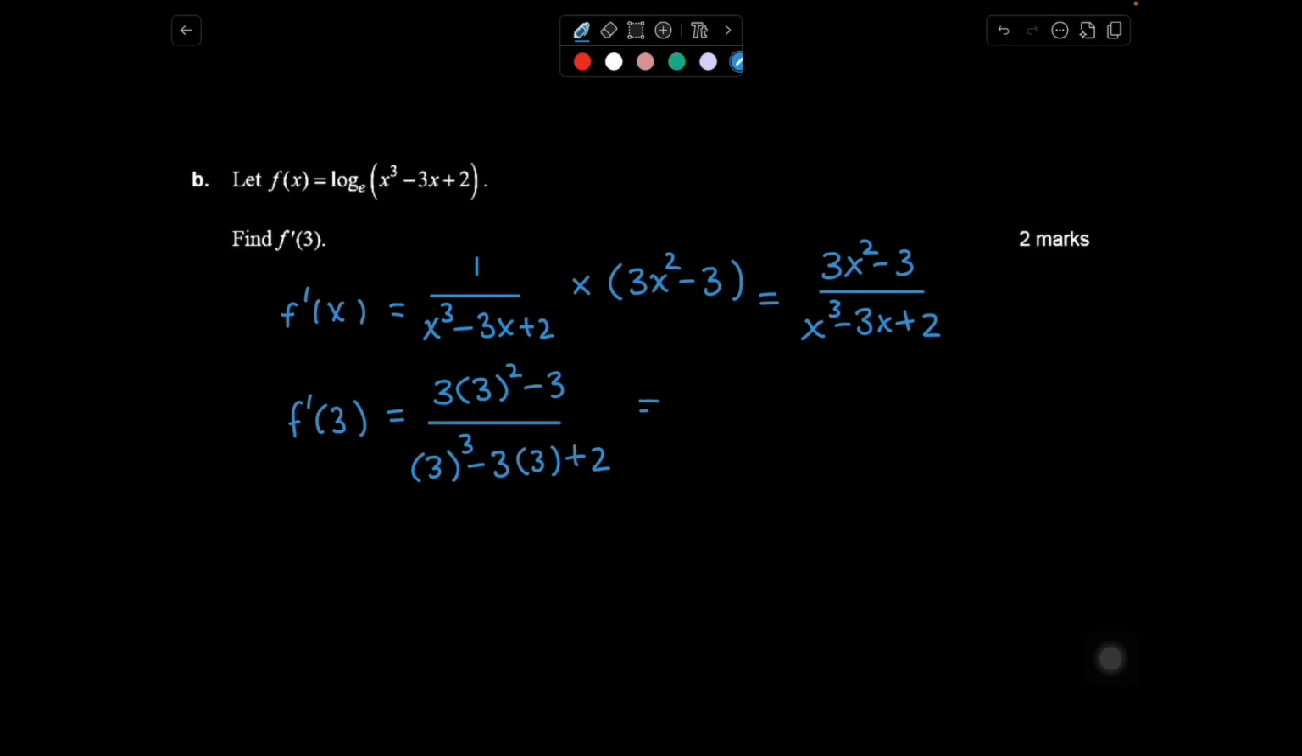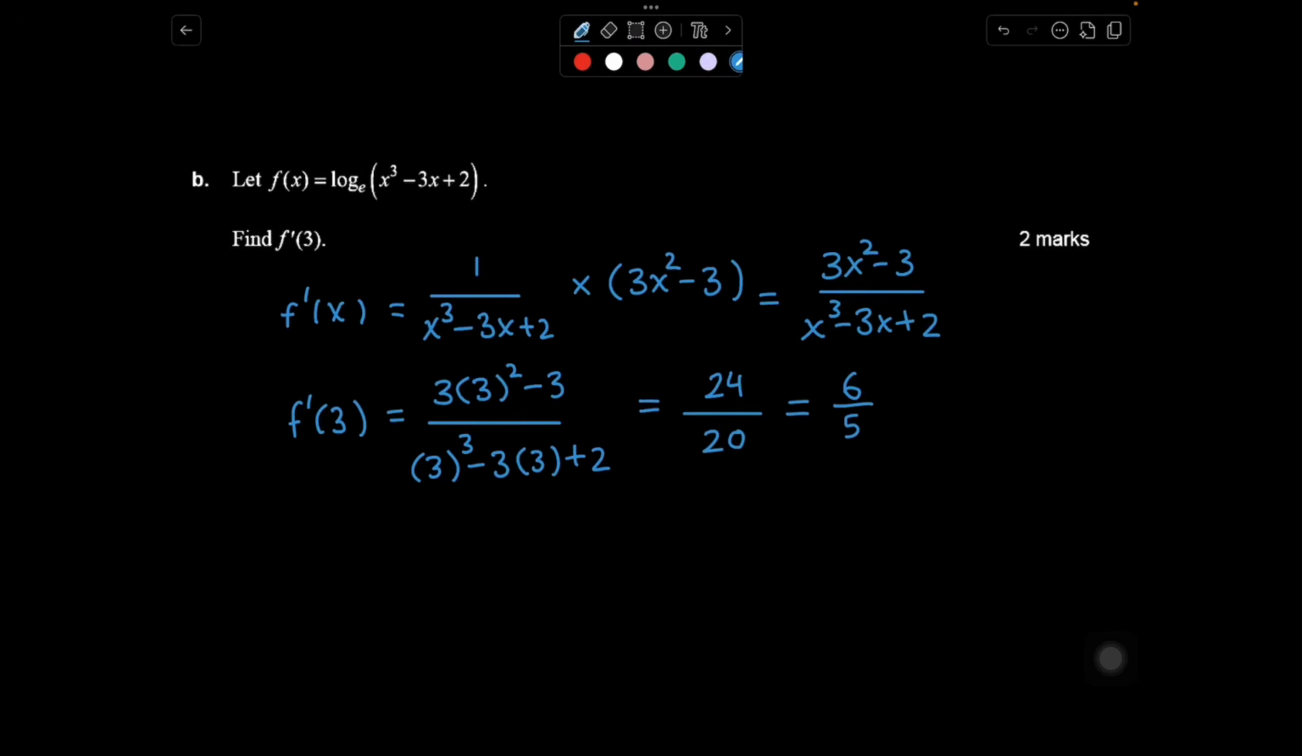And then you can see how when we work out the top, this part here becomes 9. 9 times 3 is 27. Minus 3 is 24. And then here we have 3 cubed, which is 3 times 3 times 3, which is 27. Minus 9 plus 2. So that's going to be 20. Then if we divide the top and the bottom by 4 to simplify this, we get 6 over 5 as